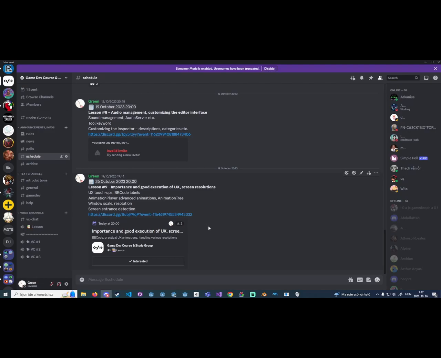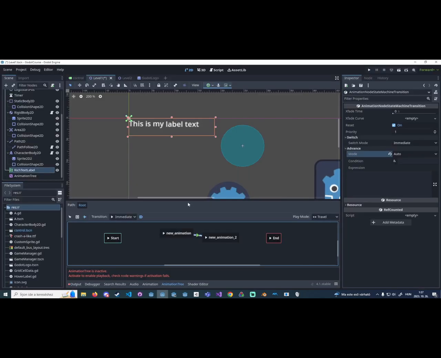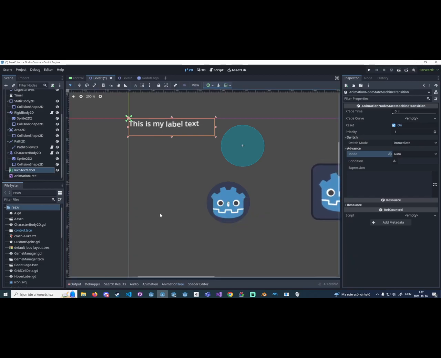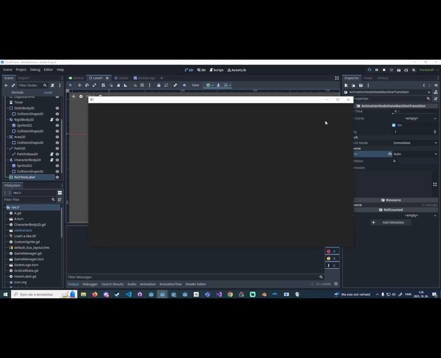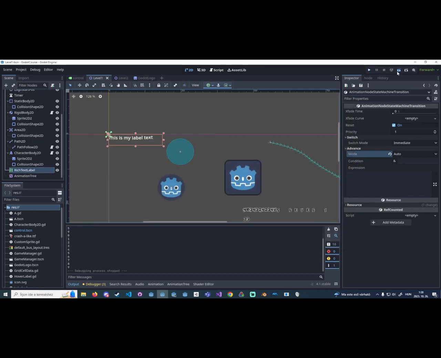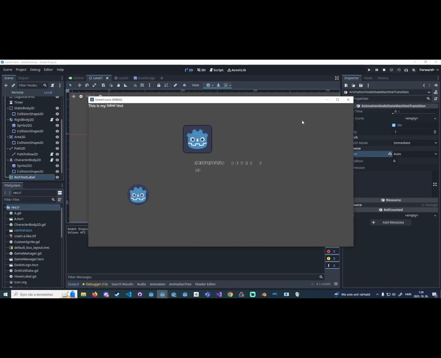And so the thing about games is that you may or may not be experiencing the scenario where you have a player from a standard resolution monitor and another player from a laptop which has a lower or different scale resolution, right? So for that you would need to somehow handle how your window is displayed. And I want to launch this because, as you can see, if I maximize the window of this